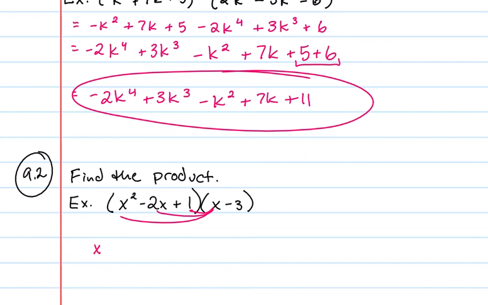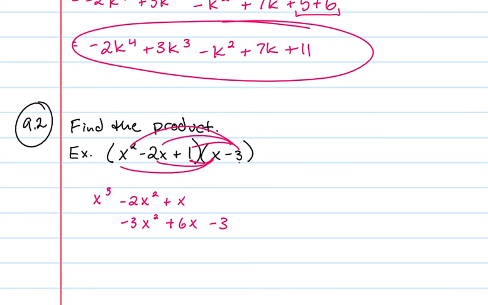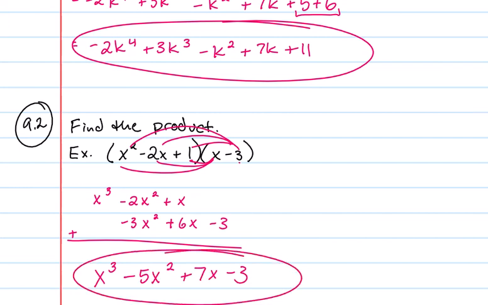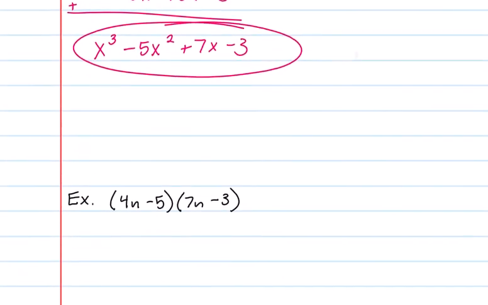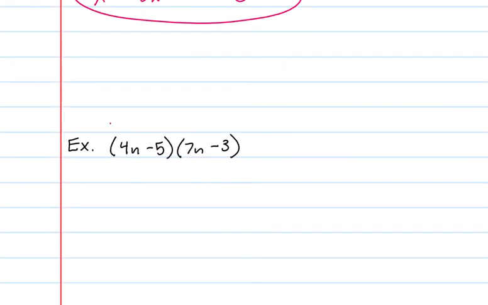Alright, now I'm going to get x cubed minus 2x squared plus x. And then when I distribute that negative 3, I get negative 3x squared plus 6x minus 3. Notice how I lined it up vertically. You, of course, can line it up horizontally. Then I add my terms together, and I get x cubed minus 5x squared plus 7x minus 3. And that is my final answer to this multiplication problem. All right, my next example, I do have two chunks here with two terms, so I'm